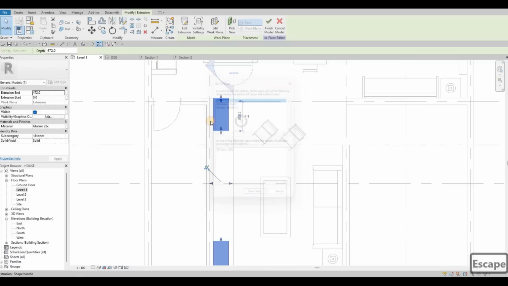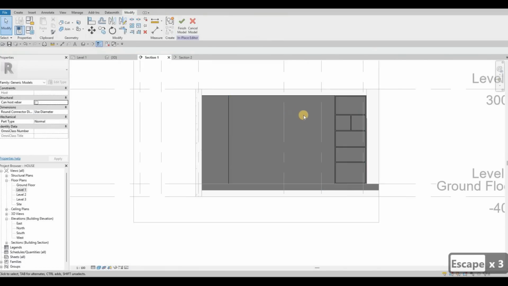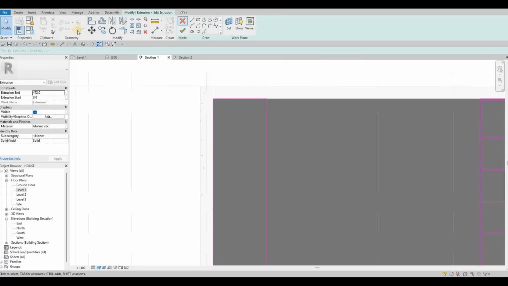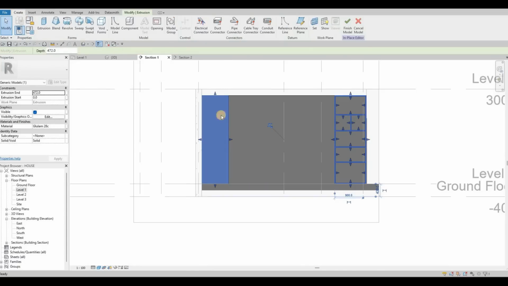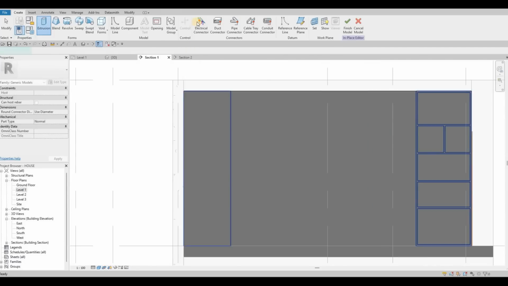We could edit the extrusion if you want to know the proper depth, but I'm good with just looking at it and distinguishing how it will be, the look of the depth. So after that, we're just going to create this extrusion right here. Actually, so create extrusion, pick a plane, and then we just need to create